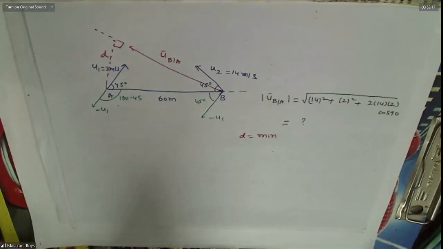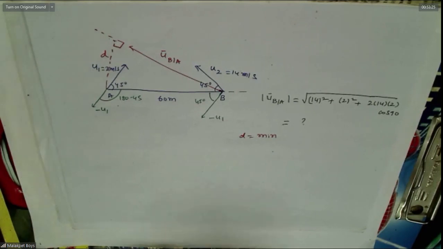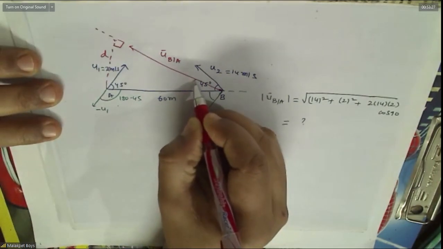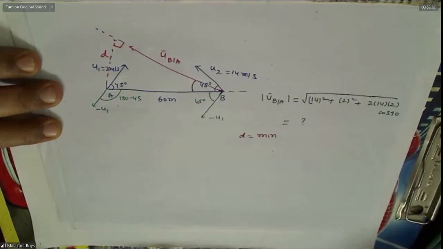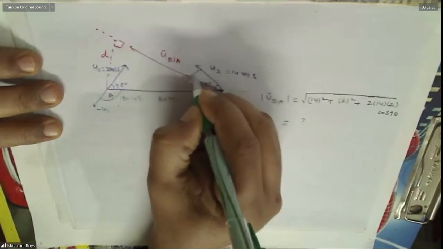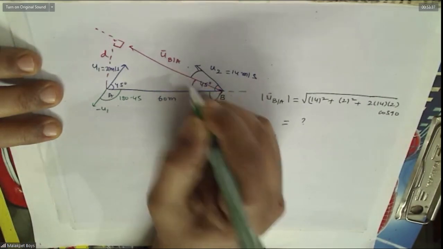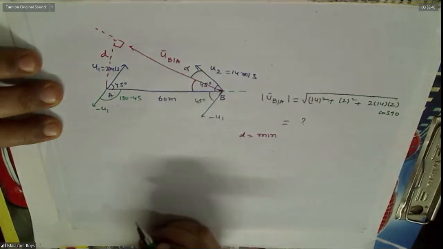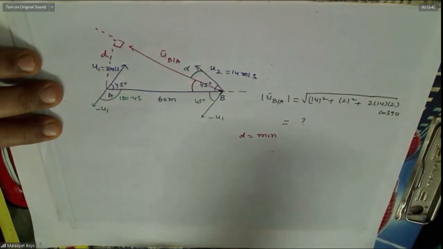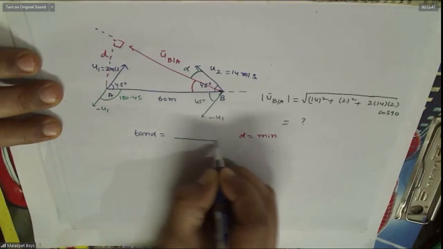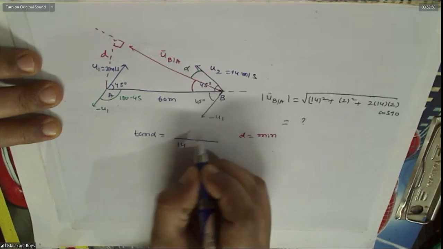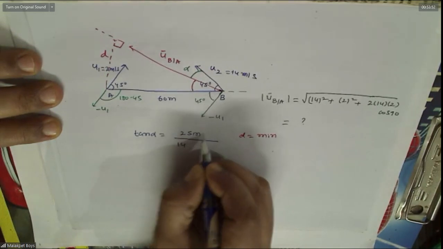How to find d, we'll find out. Wait. If we can get this angle, our problem is solved. So this is the resultant now. Suppose this is some theta. Some alpha we will take. What is tan alpha from the parallelogram law of vectors? What is the other one you have? 2, 2 sine. Remember this?